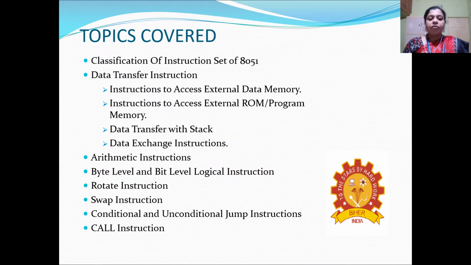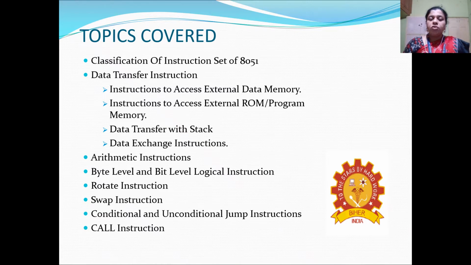The topics covered will be, first, the classification of the instruction set of 8051. Then, first we'll see the data transfer instructions, in which the topics covered are instructions to access external data memory, external ROM or program memory, data transfer with stack, and also data exchange instructions.